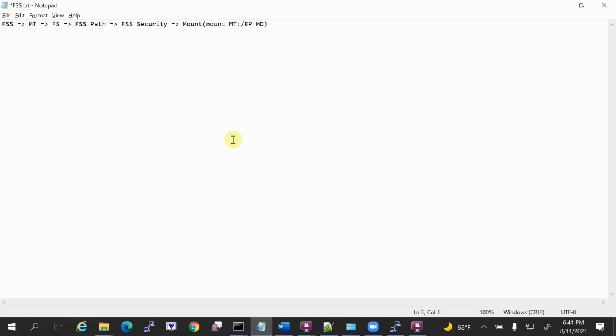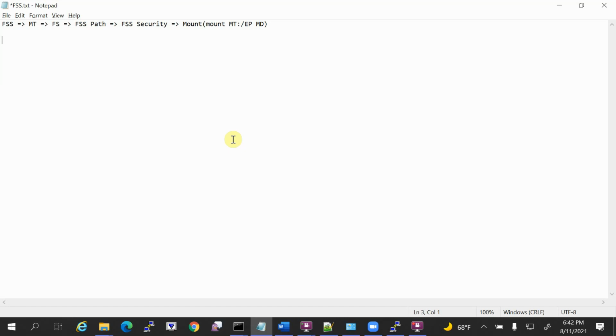For example, if you are going to use the block storage, you will get the raw disk, and then you have to format it. Only then you can use it. But in case of FSS, it is readily available. So you can assume this as an NFS server, which you can mount in n number of compute instances.